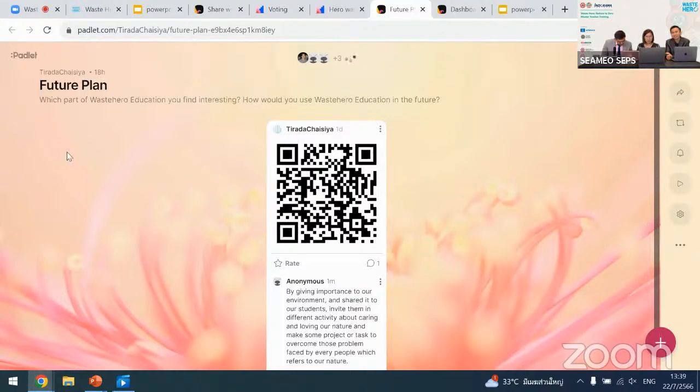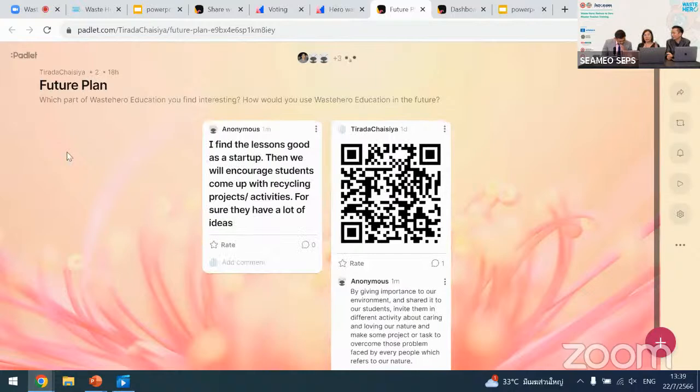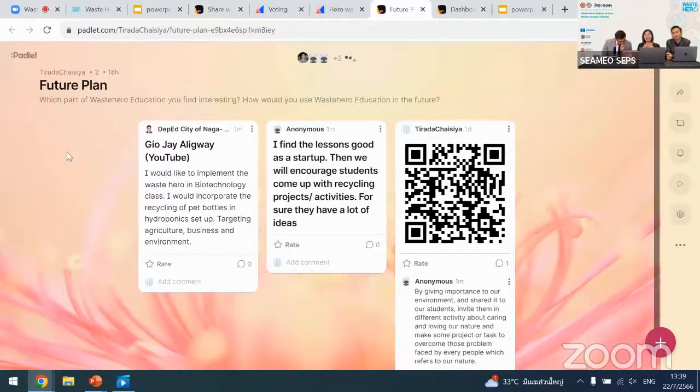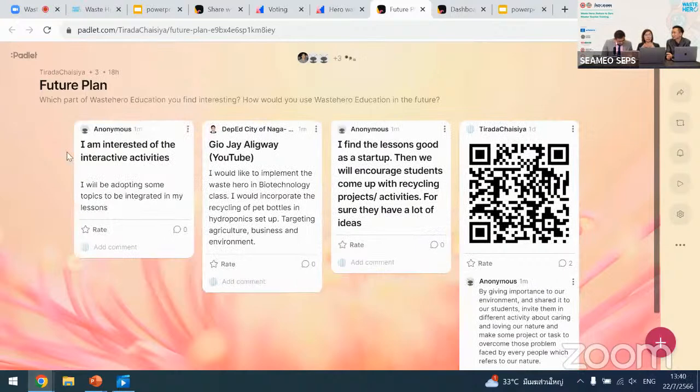I introduced this package to my teachers already, because it's available in both Thai and English. Science teachers and teachers who run environmental clubs can use the Thai version, and English teachers can use the package in their classrooms too, because there are many aspects that are useful. We also have an international program, EPMAP, where teachers can directly use the English lesson package without having to translate for their students.